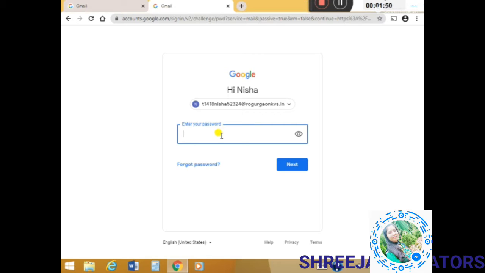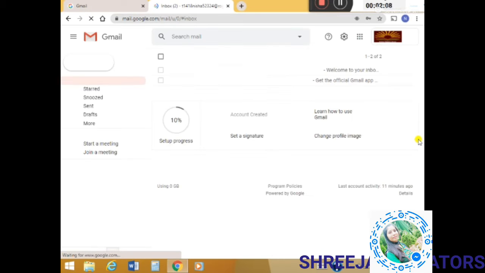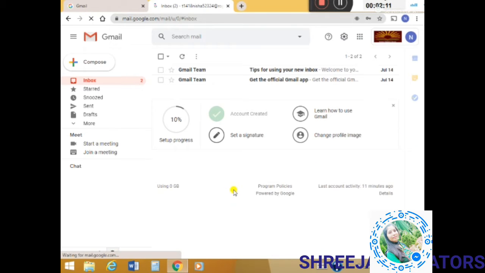So I am entering my password here. I have already changed it, so I will press next to go into my account. So this is my account now.